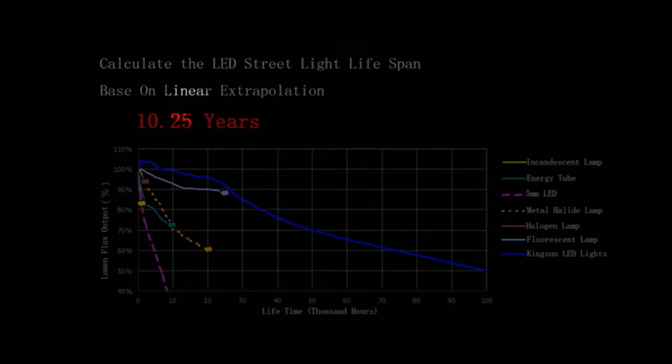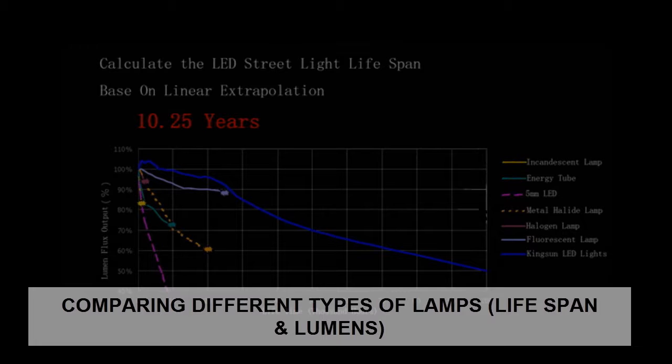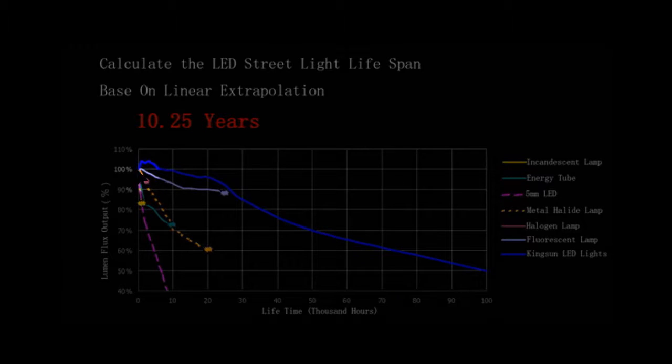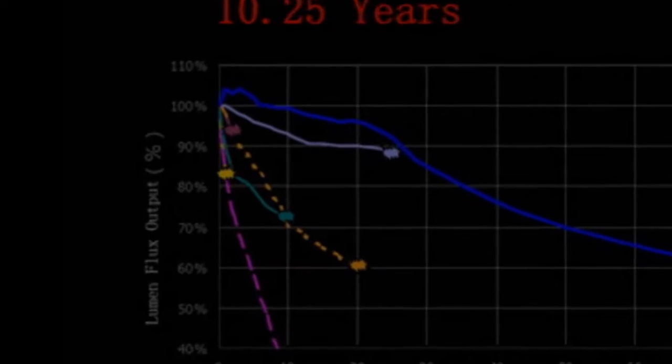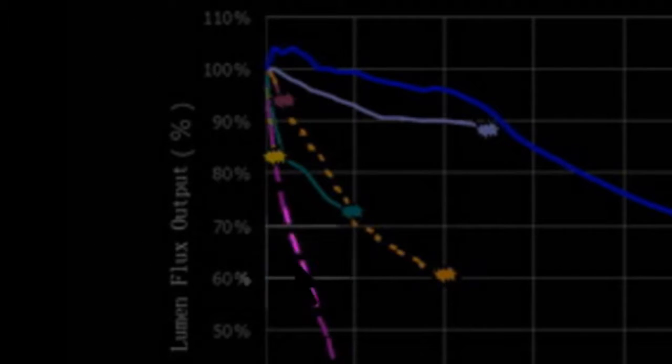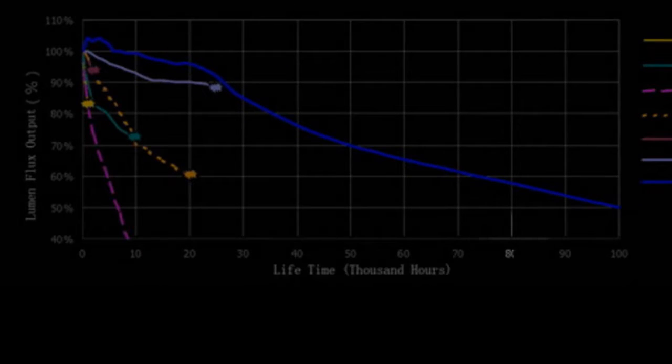This chart shows the lifespan or the life expectancy of different types of lights. We've got the yellow line, very short, the incandescent lamp. Let's just have a look at the axis quickly. This is the lifetime in thousands of hours, about 100,000 hours. That's about